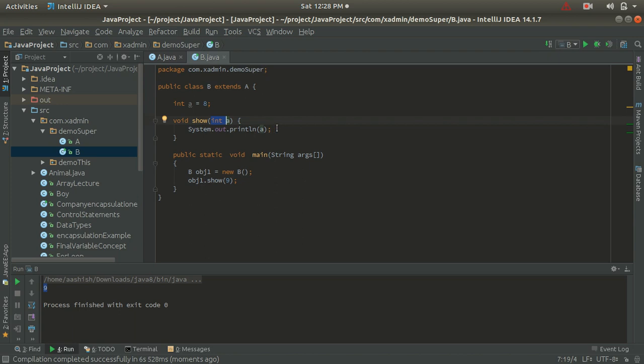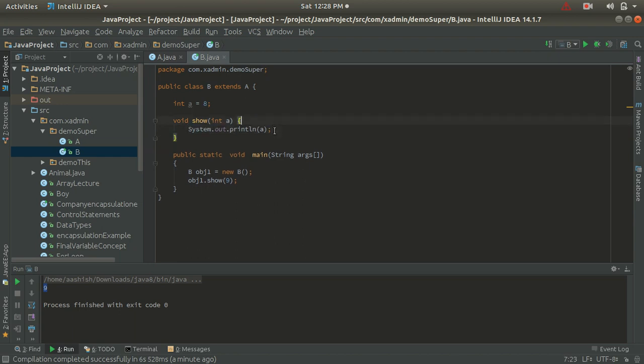And now guys, if I want to display this value like the instance variable of the class B, then guys, here I can use the help of the this keyword, right? So let's call the this keyword here.